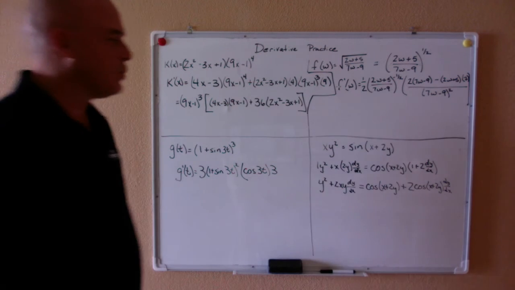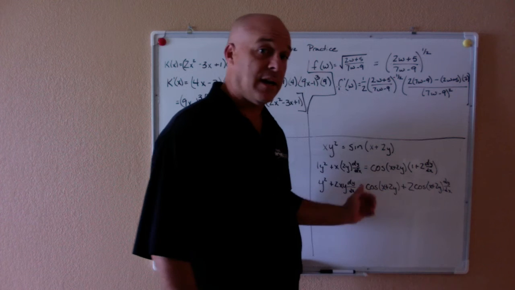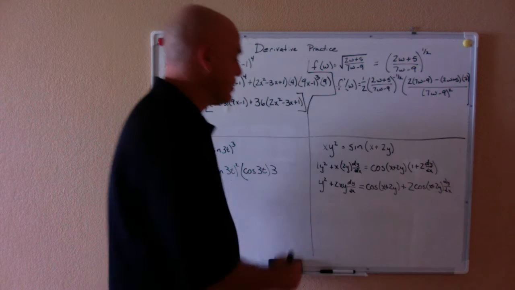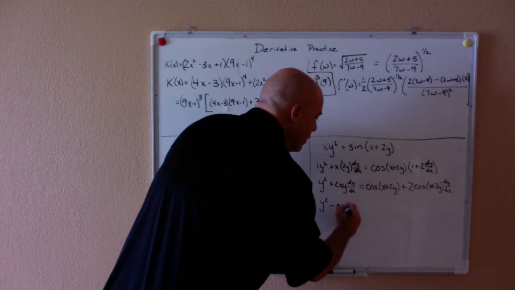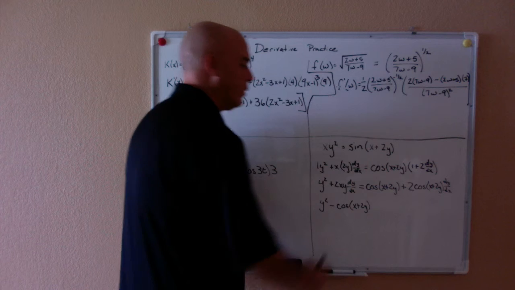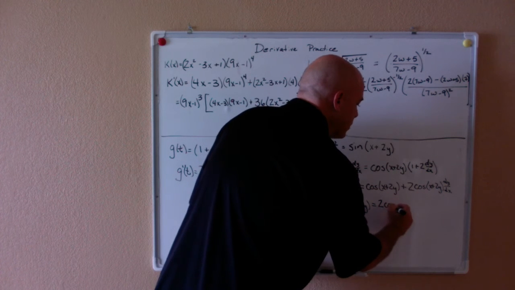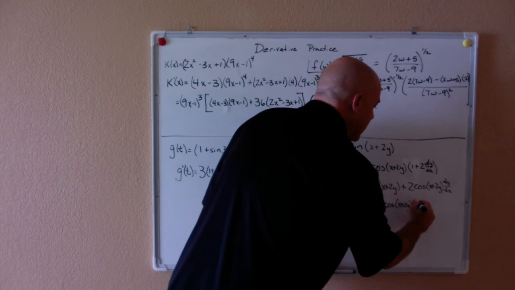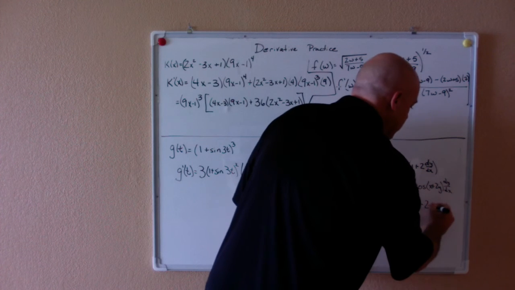And now I can move things around here, so I'm going to move, I think I'll move this piece to that side to put all the dy dx's on the right-hand side. I'm going to move the cosine of x plus 2y to the left-hand side. So that's going to get me y squared minus cosine of x plus 2y equals, let's see, I had a 2 times the cosine of x plus 2y dy dx, and then we subtracted out the 2xy dy dx,